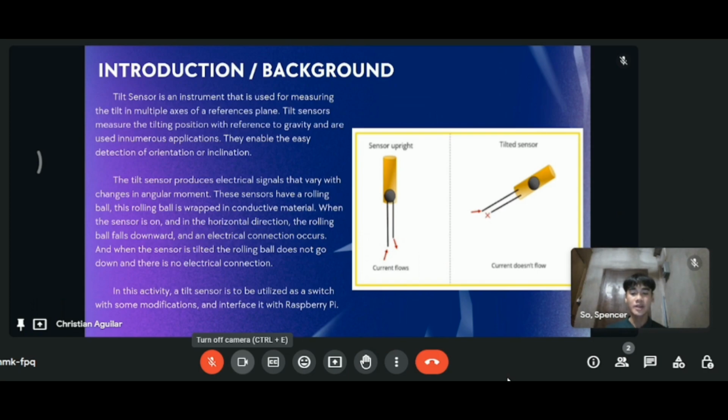These sensors have a rolling ball, and this rolling ball is wrapped in conductive material. When the sensor is on and in the horizontal direction, the rolling ball falls downward, and an electrical connection occurs. And when the sensor is tilted, the rolling ball does not go down and there is no electrical connection. In this activity, a tilt sensor is to be utilized as a switch with some modifications and interfaced with